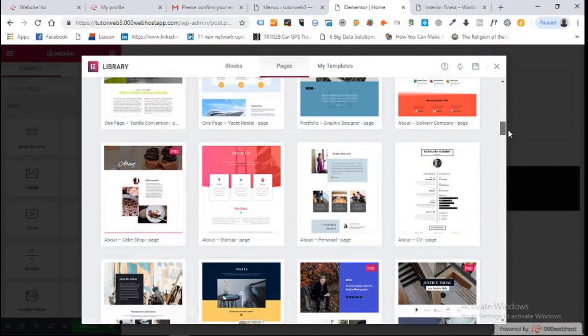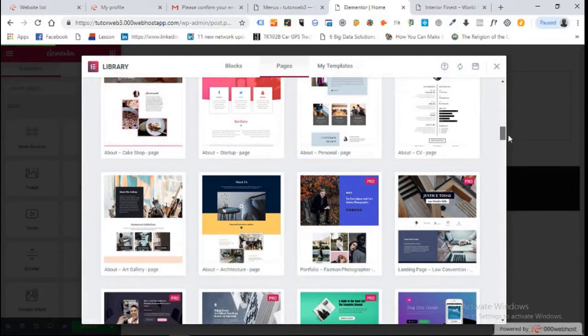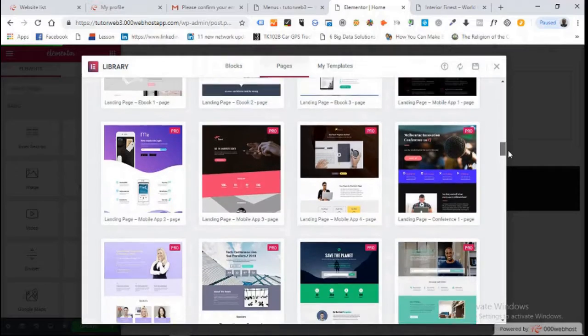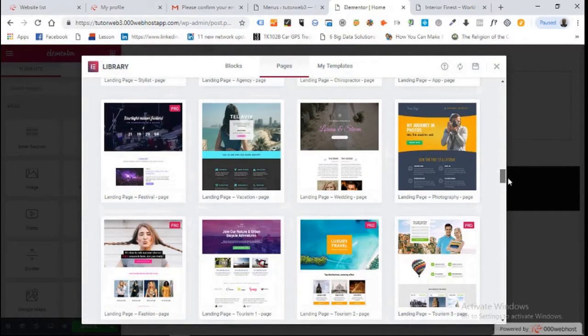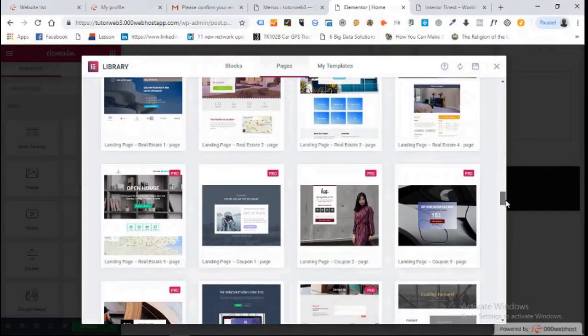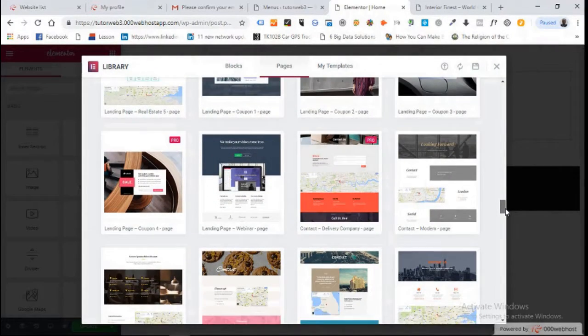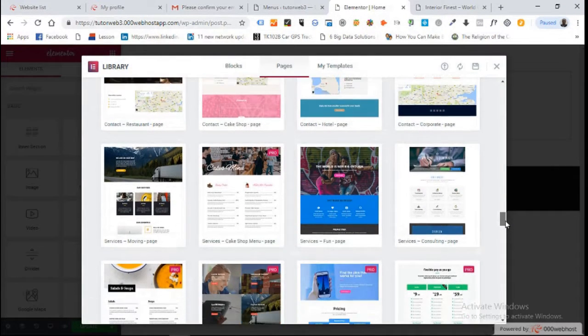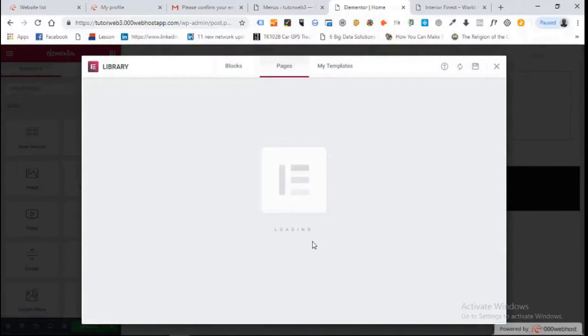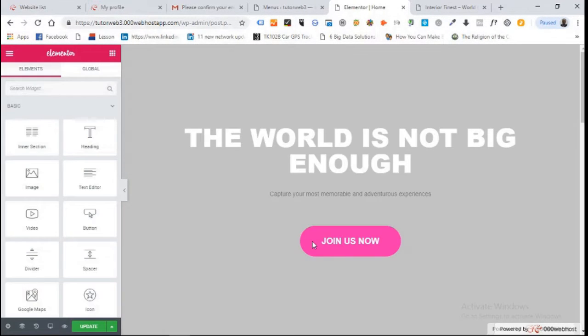For the pro, these are paid version of the template, and so we'll not be using the pro for now, but as time goes on, once you like using Elementor, I tell you, you will once in a while want to get a pro version for yourself. And so these are all the templates we have, and we have thousands of them. Elementor just tries to make the work of web developers very easy. And so I'll be picking this and I'll click insert. So the moment you click on insert, it's going to load up the page, and